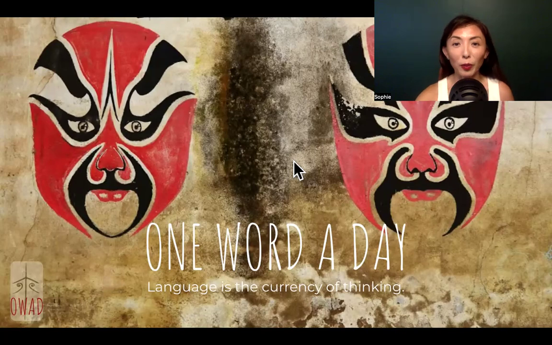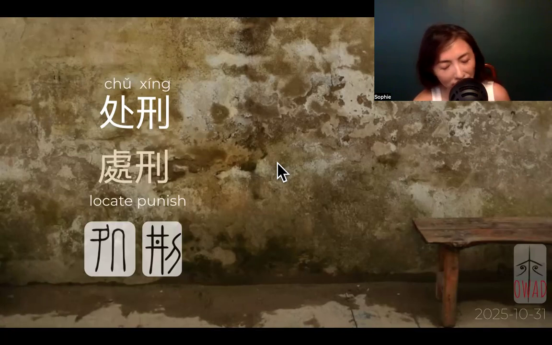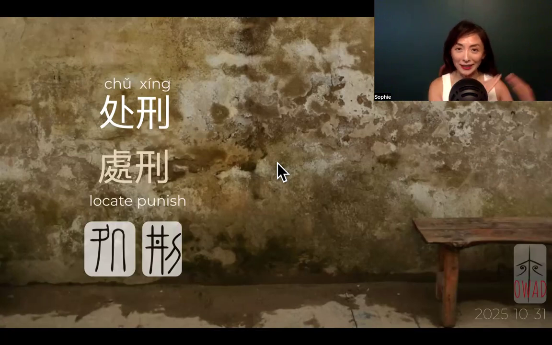Let's continue exploring ocean/industrial age concepts. 处刑. Okay, today's word is a little bit horrifying because it's talking about capital punishment, aka execution. It sounds like cutting your head off, kind of bloody. And this is how Japanese scholars picked these two